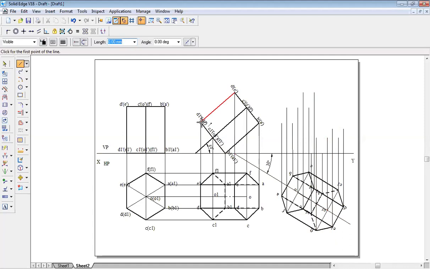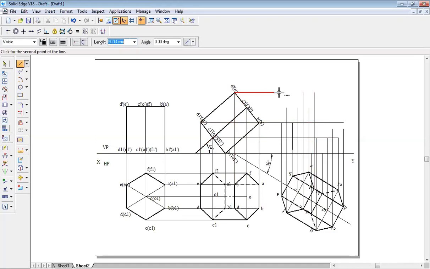Now horizontal lines. This is D1 and E1. So let us stop this D1 and E1 over here. So this is E1, this is D1. Let us extend those lines back till there. C1, O1, F1. So this is F1, this is O1, and this is C1. Then again, A1, B1, it's there.